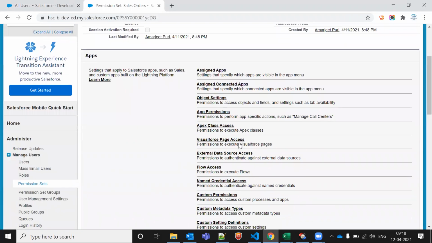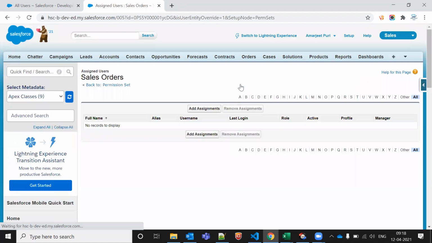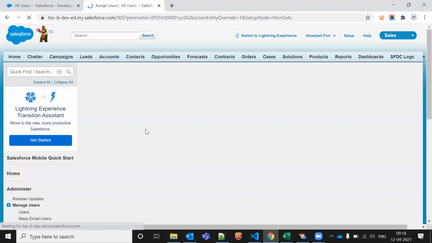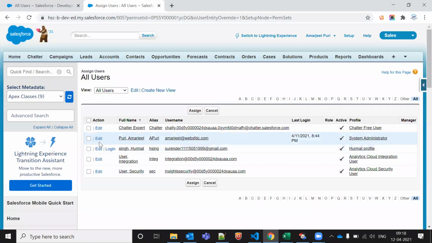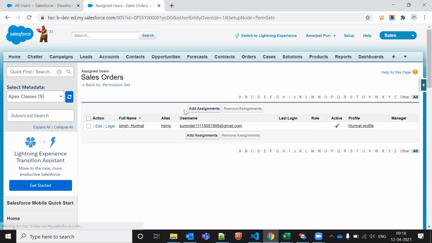Now assign the users to which you want it. Okay, fine. So I'll go there and I'll add the assignment to particular users. Let's say your name only. Okay, assign now. Yeah. Hurmat.